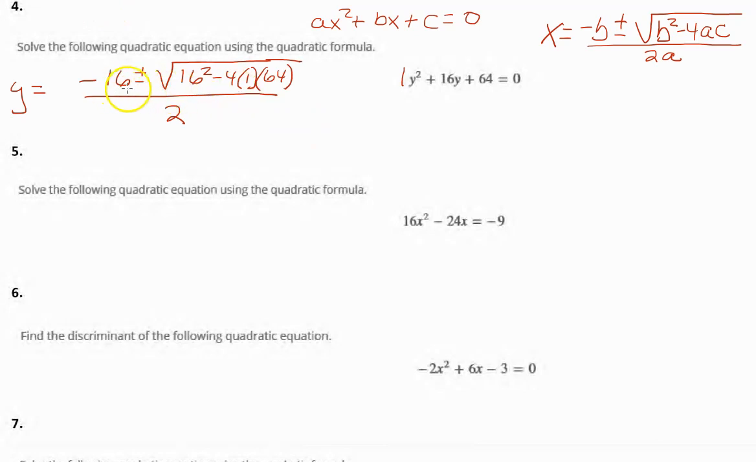Did you get something like this? Okay, so now let's do the next step and calculate. This is negative 16 plus or minus the square root. Now, when we square this, and I have this worked out, we get